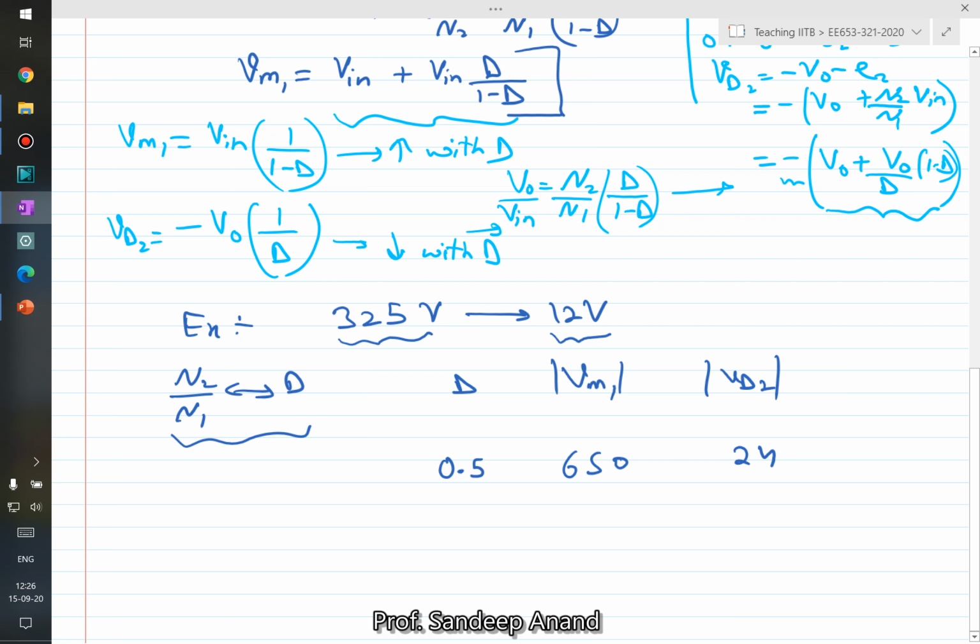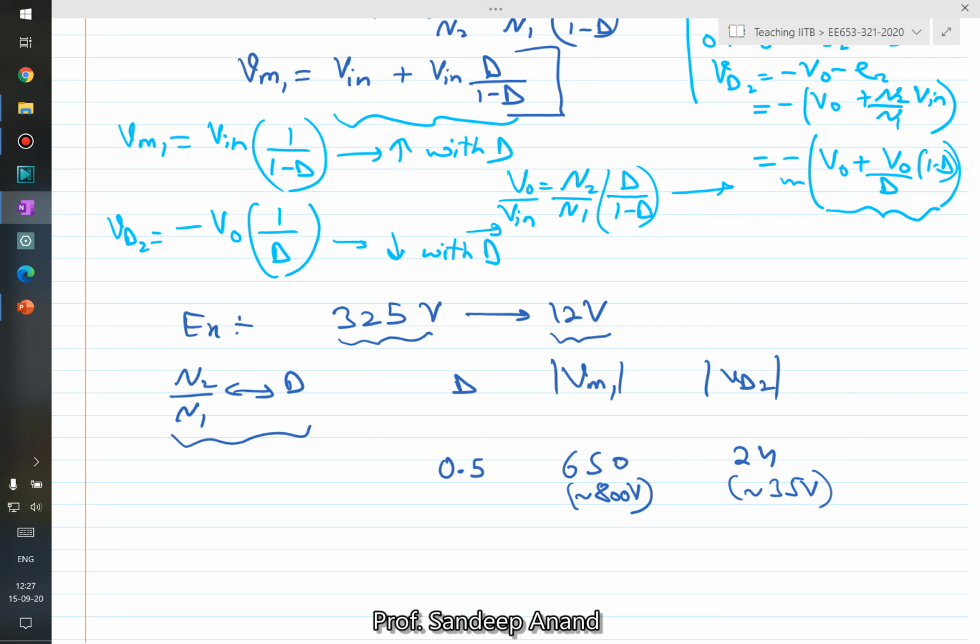Now, these are the minimum required voltages. Usually what happens is when the converter operates, there are certain spikes in the voltage waveform which might come up during transitions, and therefore you generally add a safety factor of 20-30% or so, right? So roughly speaking, here you would require about an 800 volt MOSFET device, and you might use about a 30 or 35 volt diode. A 35 volt diode is readily available. There are a lot of options to choose from. For an 800 volt MOSFET, you might not have many options to choose from. You might be limited in terms of options.